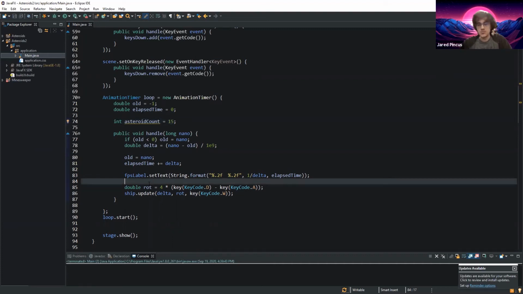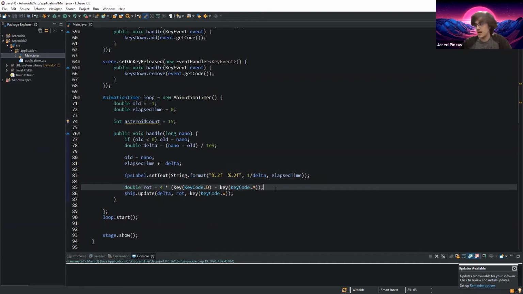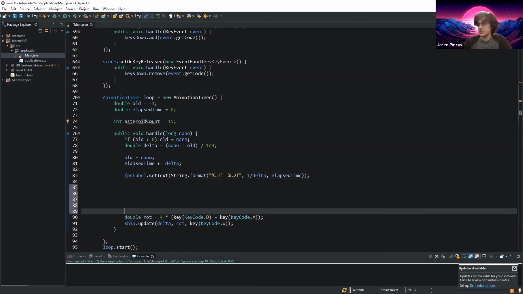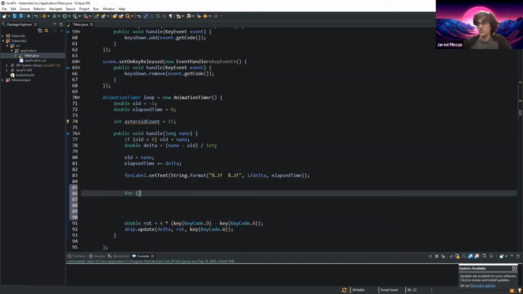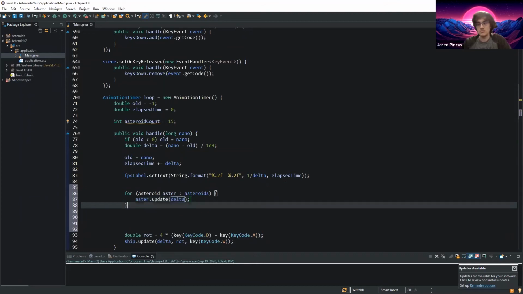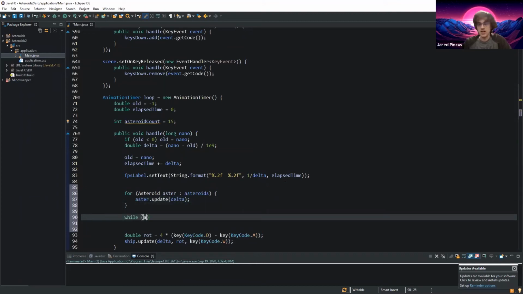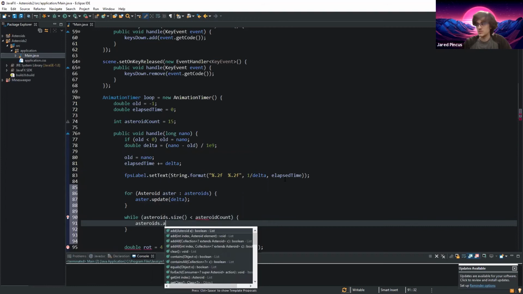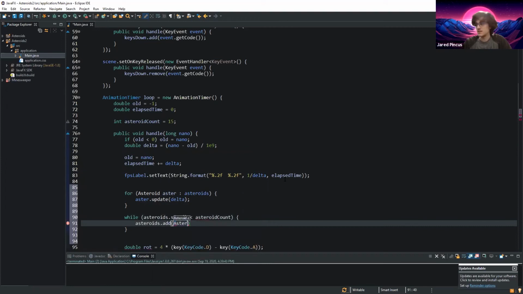Now we want a for loop. So before we get the ship input, we're going to say for asteroid aster in asteroids, we're going to update with delta, and that'll move them. Then we're going to say, well, asteroids.size is less than asteroid count. We're going to add asteroid.make. We're going to add it to G-asteroids, whoops,